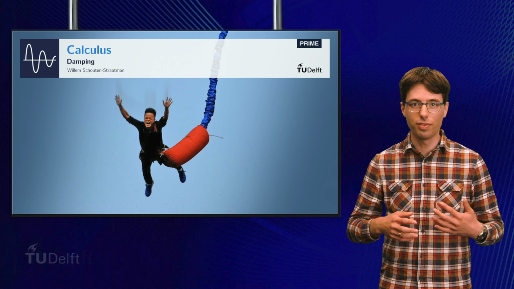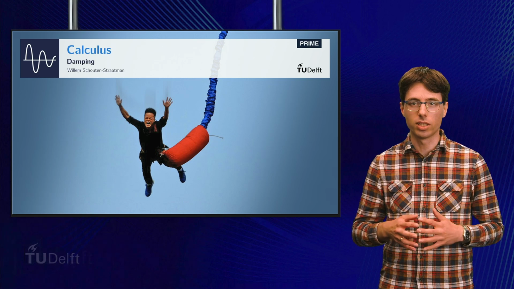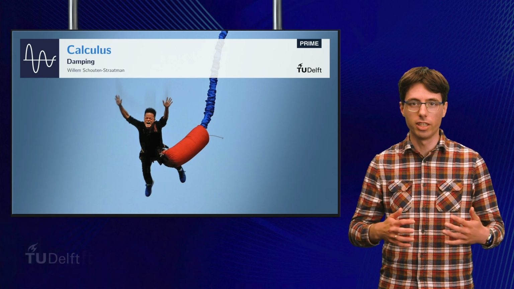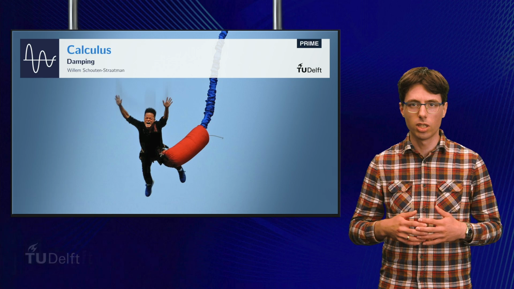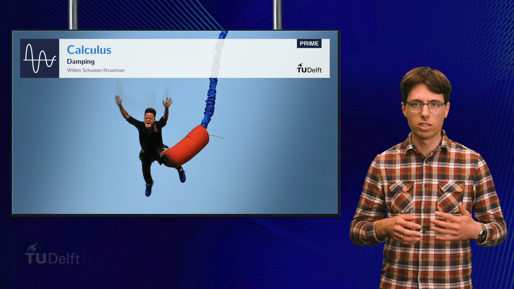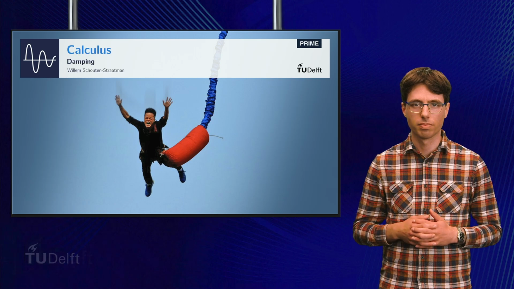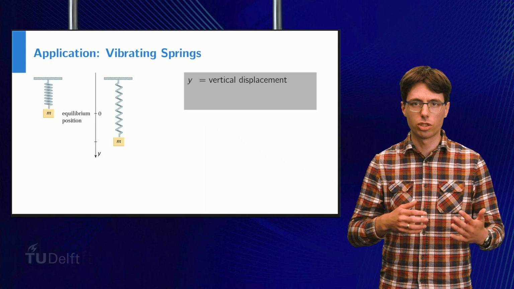By now you have learned how to solve second order linear homogeneous differential equations with constant coefficients. In this video I will show you some situations where you might encounter these type of differential equations in real life. We will mainly discuss the mass spring systems, but also touch upon an electrical circuit which features this type of differential equation. Suppose that we have a mass that is attached to a spring.